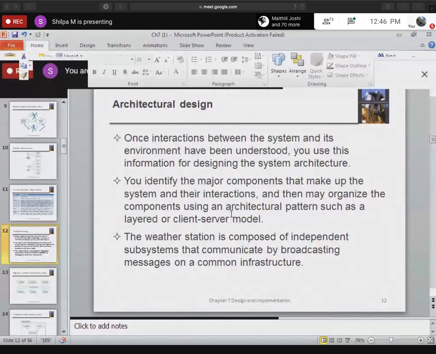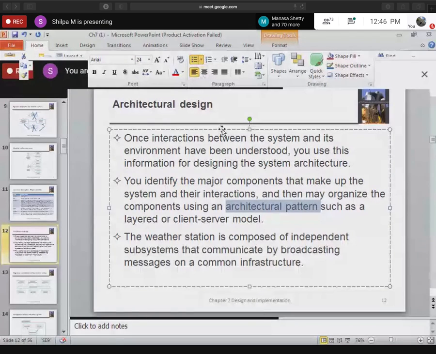When coming up with this architectural design, you may use an architectural pattern. There are certain designs which have already been made, and you will learn about them in the next topic, known as design patterns. They have told some design patterns for certain kinds of application.